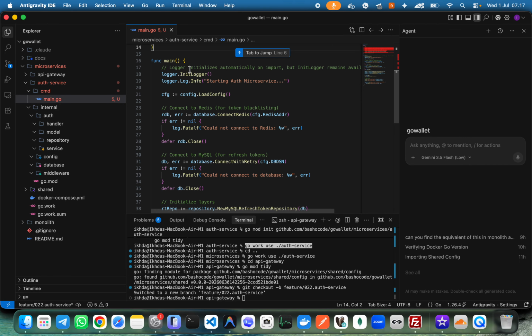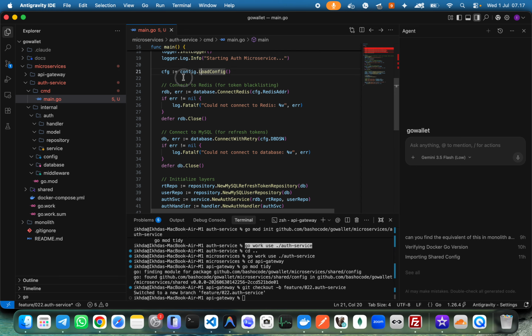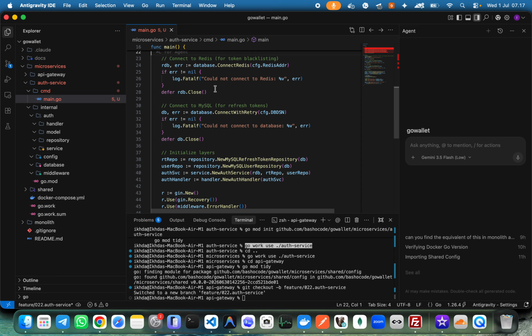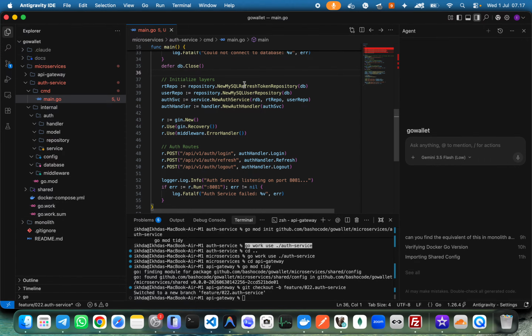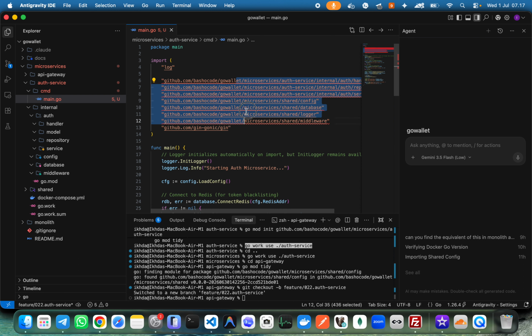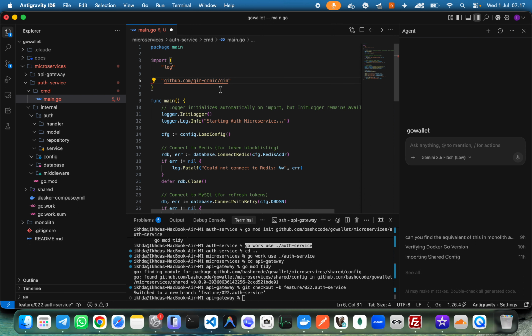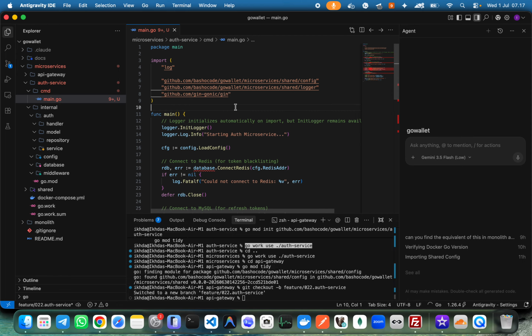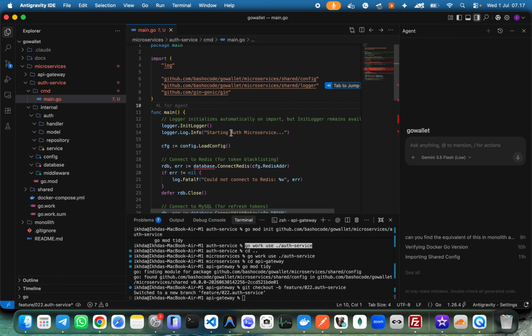So first in the main function, we init the logger and log info starting our microservices, and cfg is the config loading, and connect Redis, database connect with retry, initialize repo, and then initialize user repo, auth service, auth handler, something like this. I think I need to delete this one, so we know what we have already done and what we have not